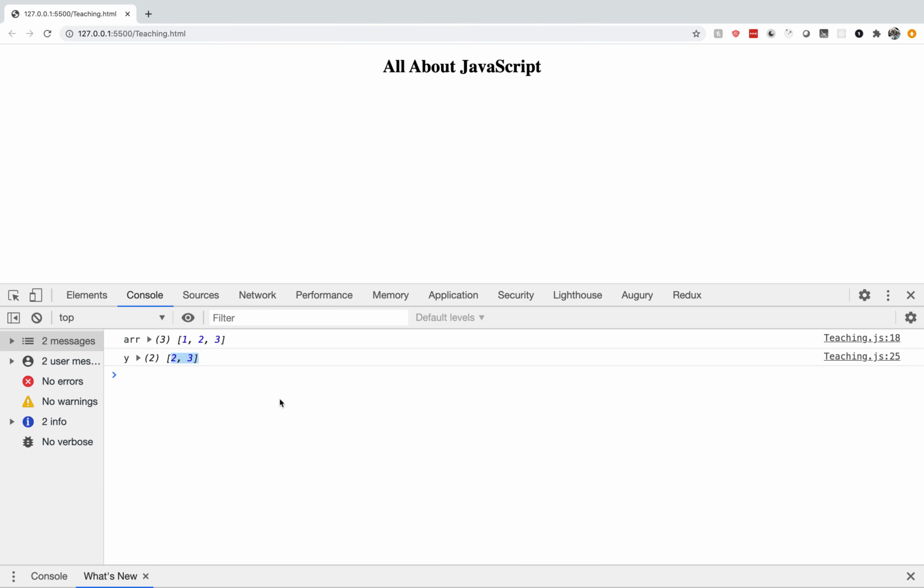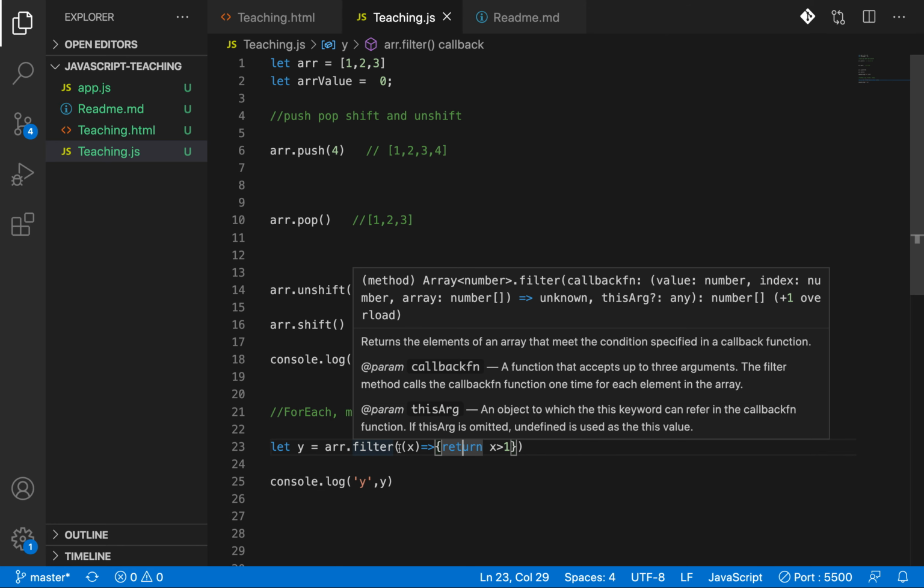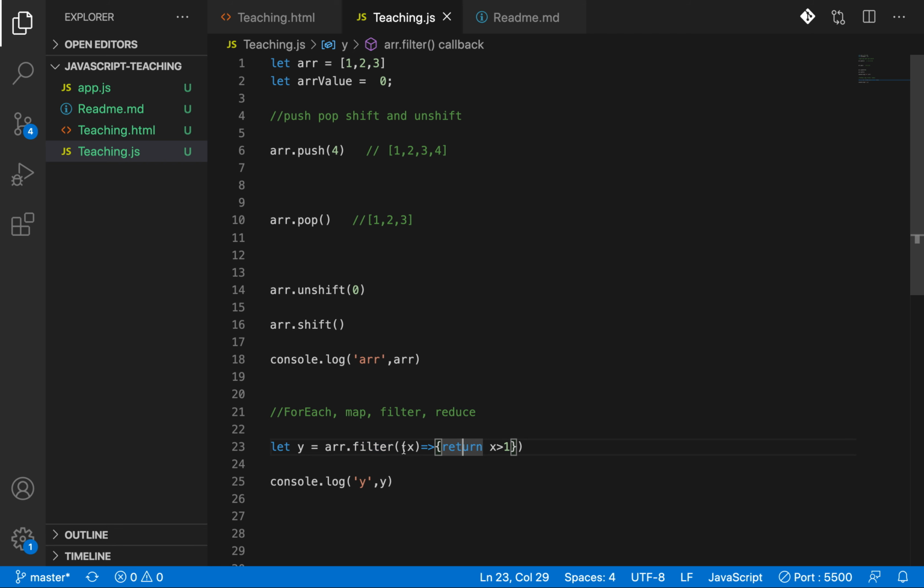See, filter filters based on the logic. Filter is similar to forEach and map on the side of logic. It takes a function, you write the logic, and it keeps whichever elements return true. 1 greater than 1 is false, so it doesn't enter the new array.